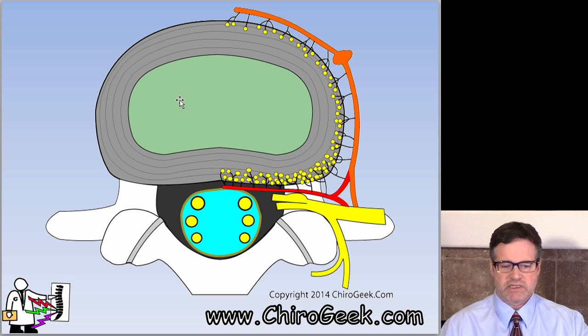Let's talk about the disc. The disc has two parts. It has a nucleus pulposus here in light green, and that is made up of 80% water. Why? Because the cells of the nucleus put out a molecule called a proteoglycan. And proteoglycans conglomerate together to form aggregans, and aggregans are like little sponges. They love water. They're very hydrophilic, and they grab water and hold on to it,